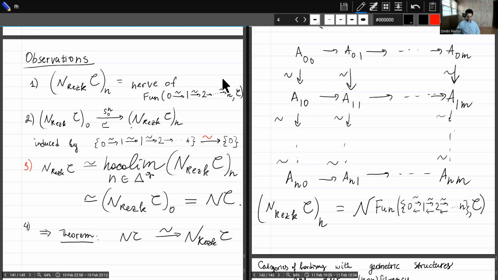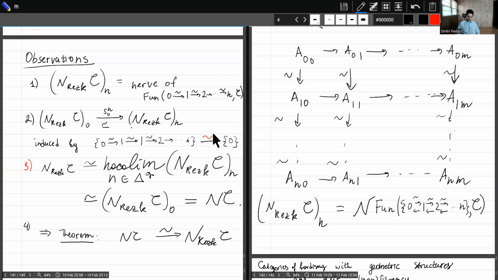So you simply substitute this functor in the first argument. And notice now, since this functor here, all these morphisms are invertible. So this functor is going to be an equivalence of categories